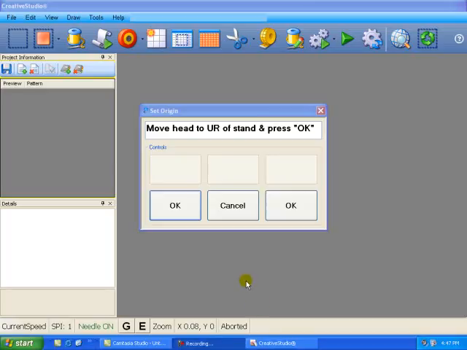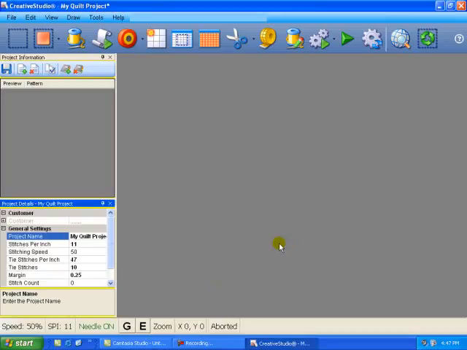I have started Creative Studio, and again, as I've said many times when I do my videos, I don't have any particular place where I park the machine head. Wherever it's sitting, that I park it for the night, which is about 2 foot from the left end of the table. And when I start it up, I just click OK. When it comes up with this screen, I'll click OK, and that's my point of origin, because I'm going to